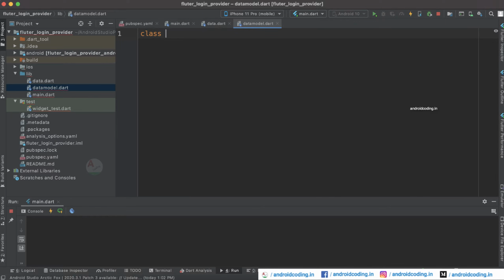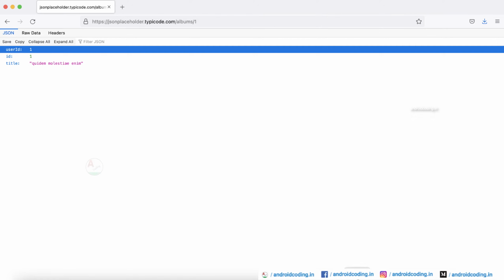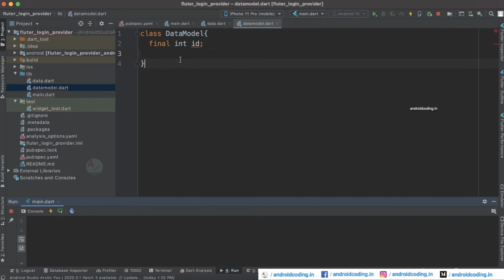So class DataModel, we are going to consider id of type integer, and what are the other fields? We have userId and title, right? So now let's specify them as well. final int userId, because this is also of type int, and the final one is String title.